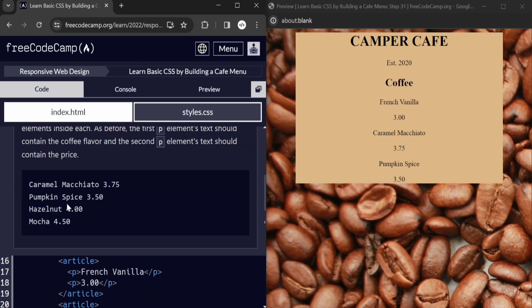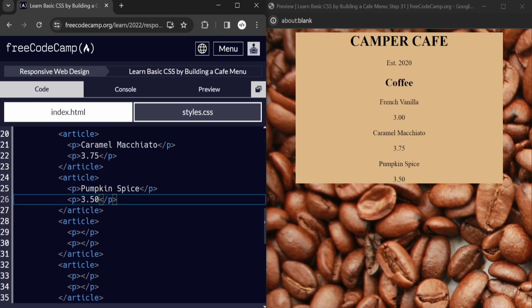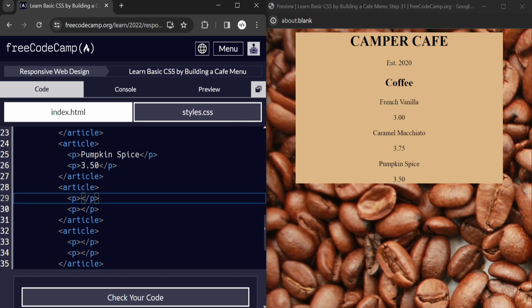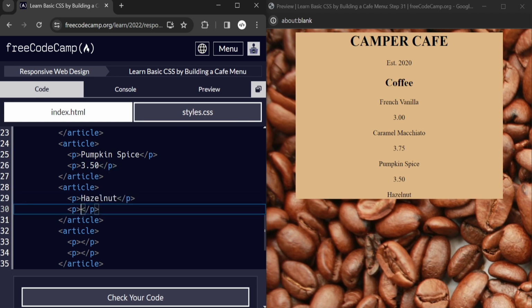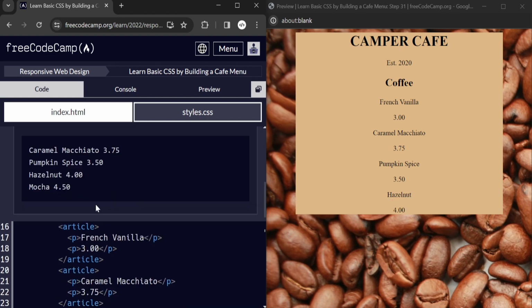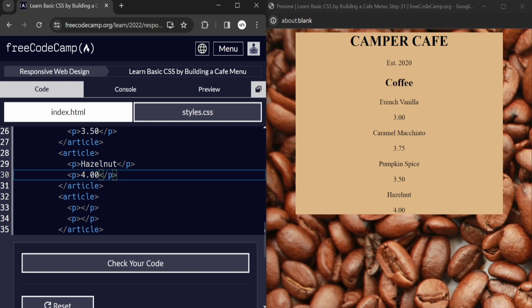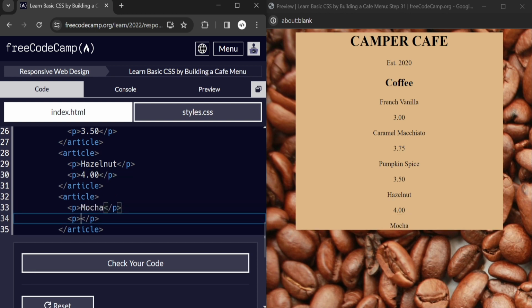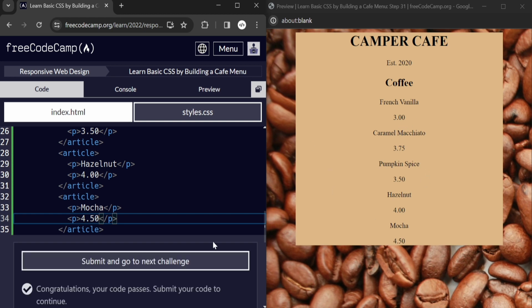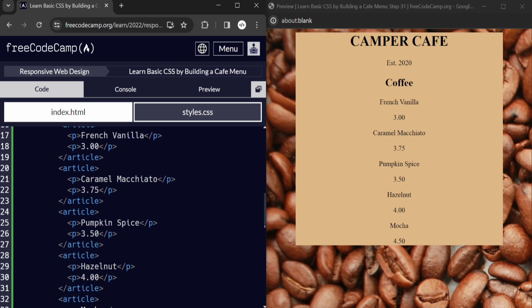Then hazelnut, Control C, 4. So lastly mocha, 4.50. Okay, I think it's right. Yeah, that's right. So you can see the name of the coffee is here and the prices are below it,